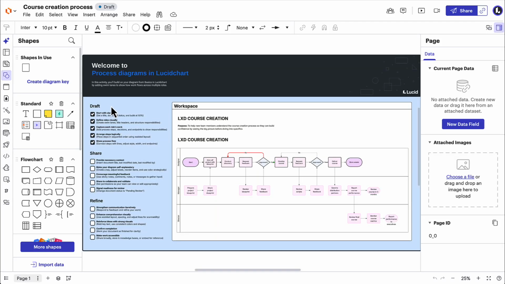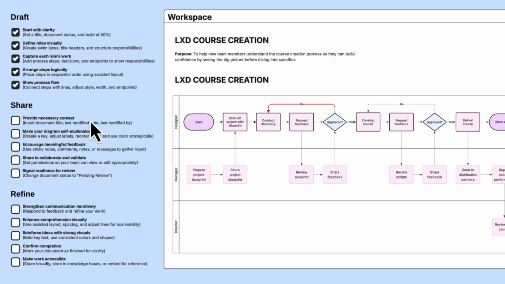Now that our draft is ready, it's time to share it with the team. Sharing isn't just giving access. It's how we validate ideas, get feedback, and ensure that the diagram actually communicates what we want. In this video, we'll add context to the document, explore the right feedback tools, and share it with a clear